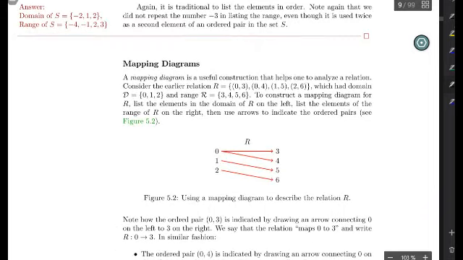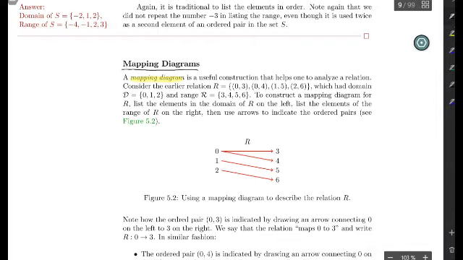Alright, mapping diagrams. So a so-called mapping diagram is a useful construction that helps one to analyze a relation. Consider the earlier relation 0, 3, 0, 4, 1, 5, 2, 6, which had domain 0, 1, 2 and range 3, 4, 5, 6. To construct a mapping diagram for this relation, you want to list the elements from your